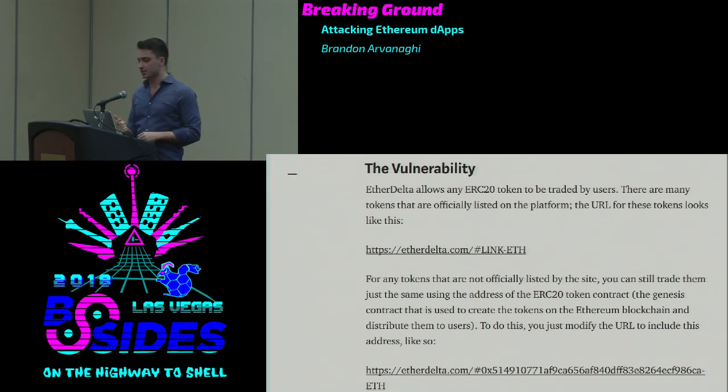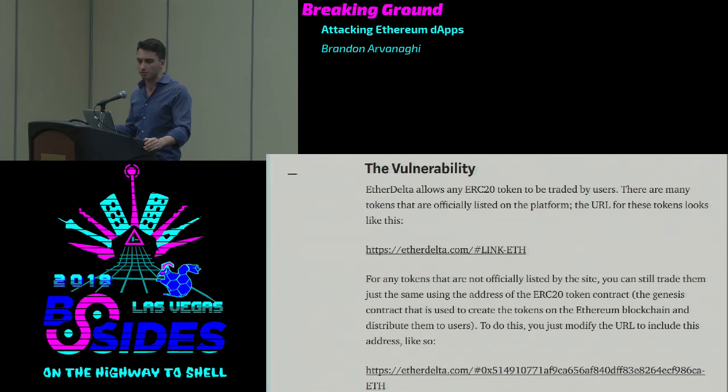Basically, EtherDelta, a decentralized exchange, had a cross-site scripting vulnerability. EtherDelta allows you to trade tokens between two different tokens, essentially. And when these tokens are listed on the site, their fields populate on the site, things like their name, their symbol, etc. So there was an attacker who made a smart contract, published it, and in the name field of their ERC20 token, they put some malicious JavaScript. So when EtherDelta pulled basically the ERC20,